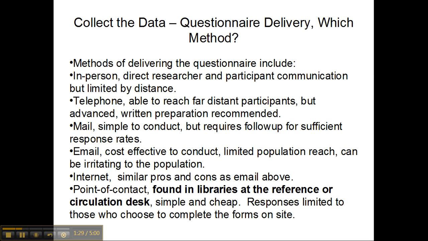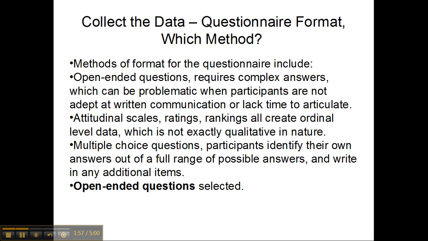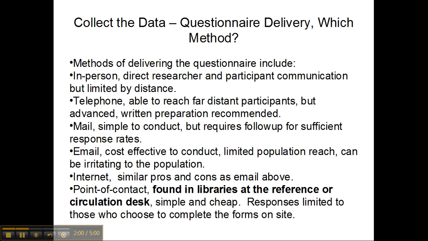Collect the data. Questionnaire delivery. Which method of delivery? Methods of delivering the questionnaire include in-person, telephone, mail, email, internet, and point of contact, which is a typical one that's found at research desks in libraries where people would come up and you would be able to ask or persuade them to complete the form. These each have their own pros and cons. And for this example, we are going to be using the email internet example, where you'd be emailing out a